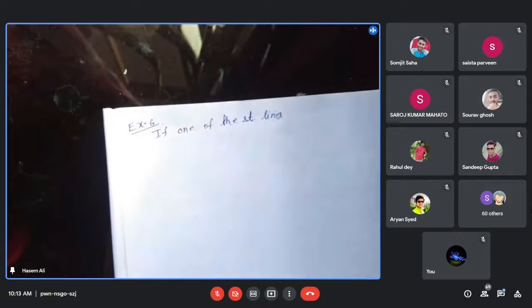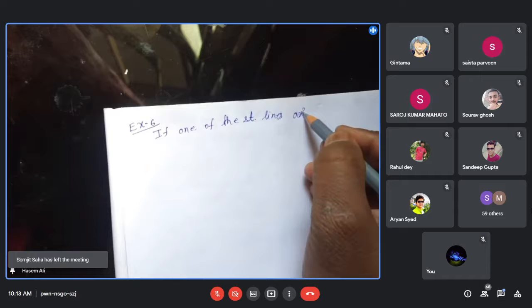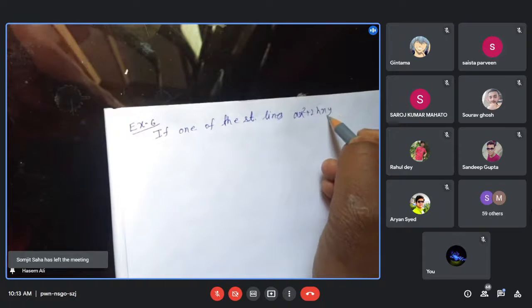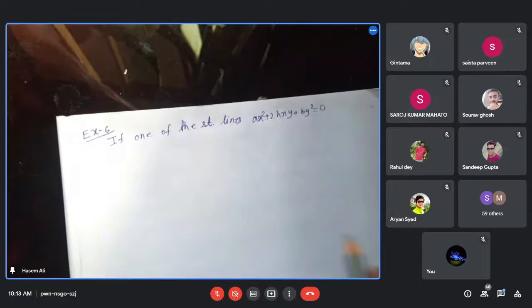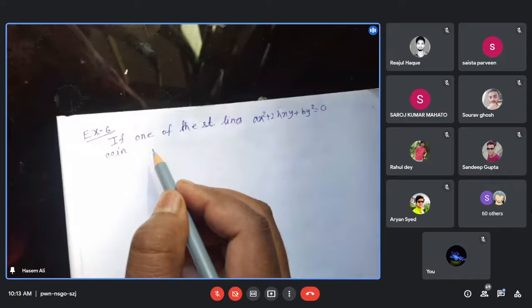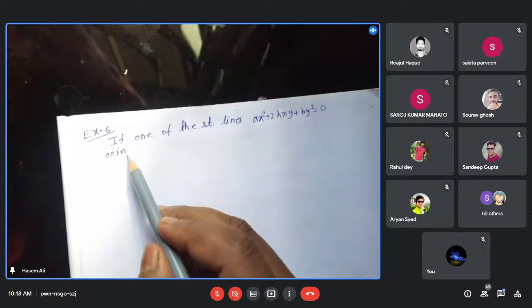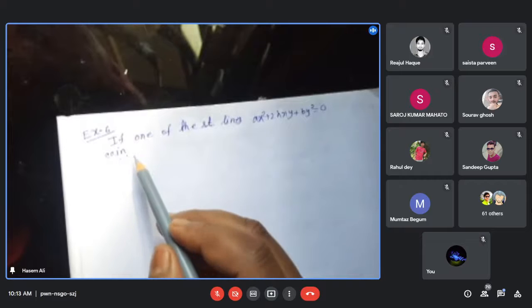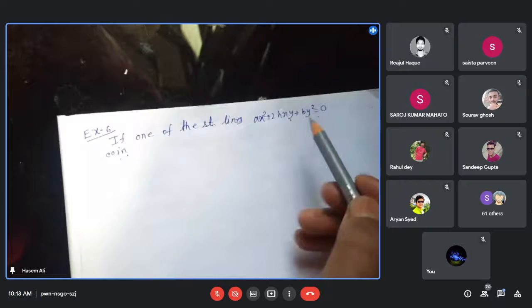If one of the straight lines ax square plus 2hxy plus by square equals to 0... In the previous problem the condition was perpendicular. In this problem the condition is coincides. ax square plus 2hxy plus by square equals to 0 coincides